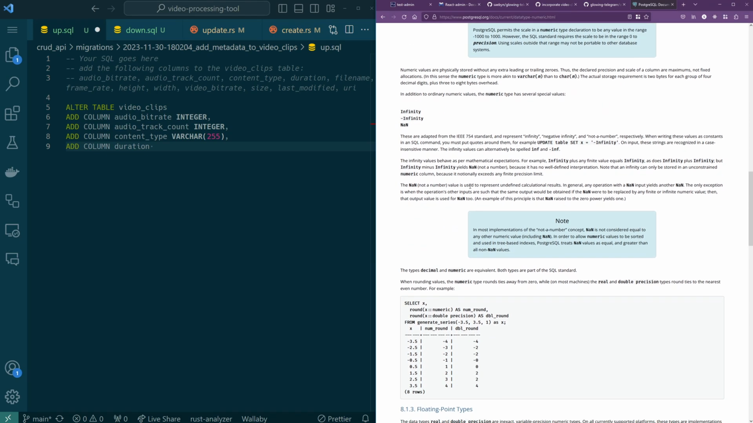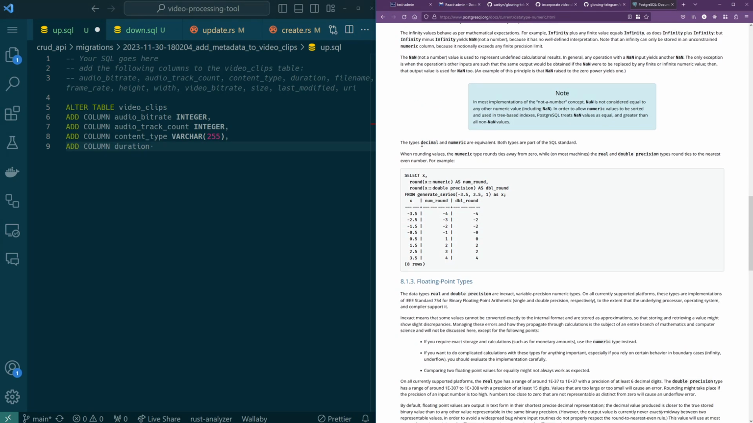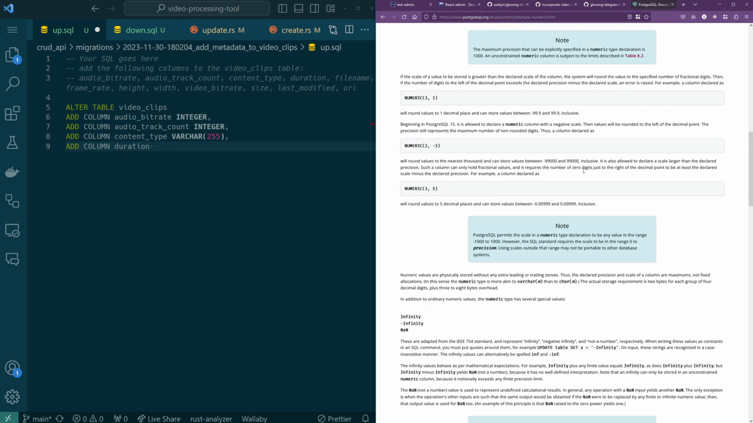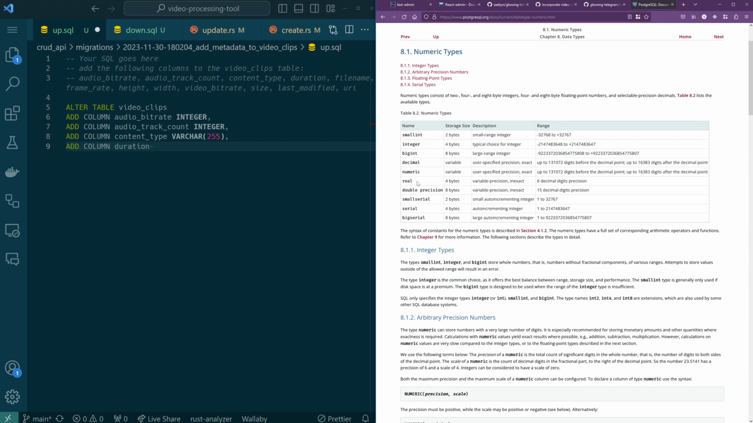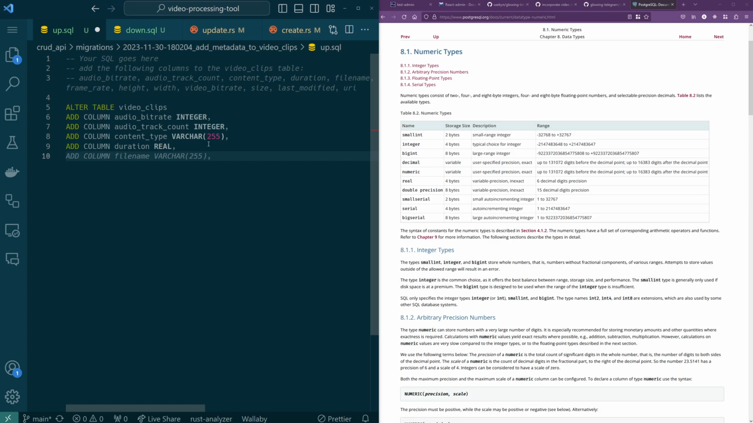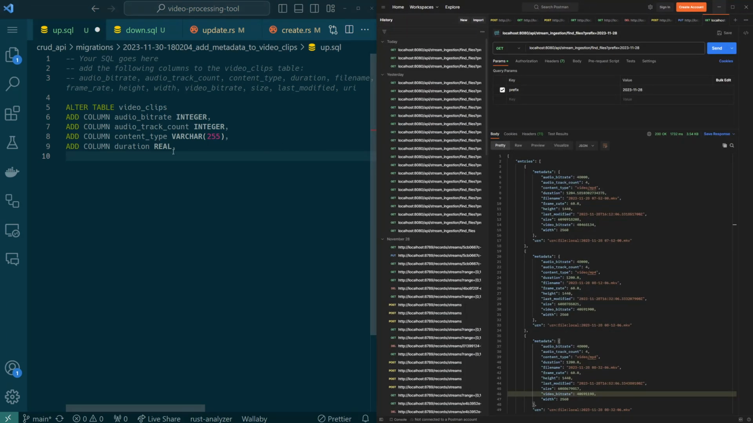So we could use a numeric value. We use like decimal or numeric. They are equivalent. Okay. When rounding values, numeric type rounds ties away from 0. Nearest even number. We could just use a real. Alright. I'm not willing to spend any more time on that. Or, wait. I mean, if it's a duration, I could store it as an interval. Wait, didn't we,